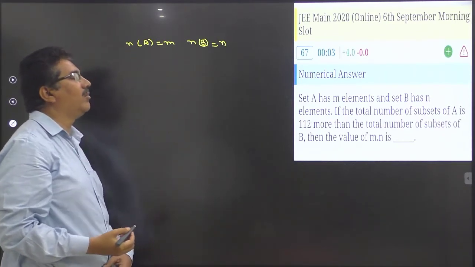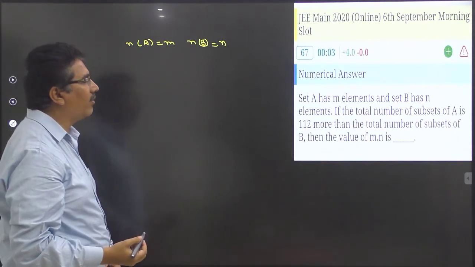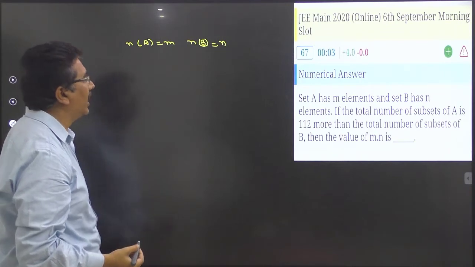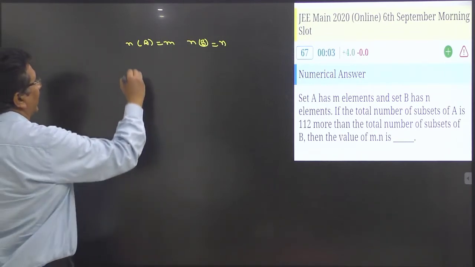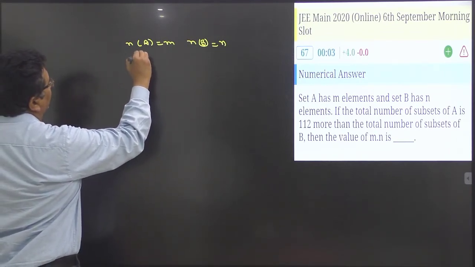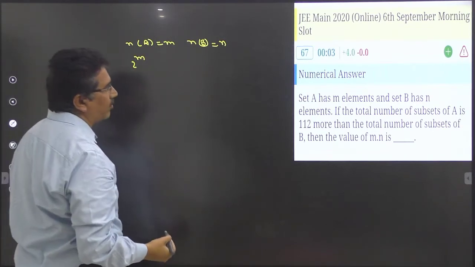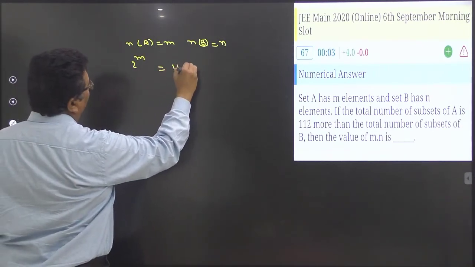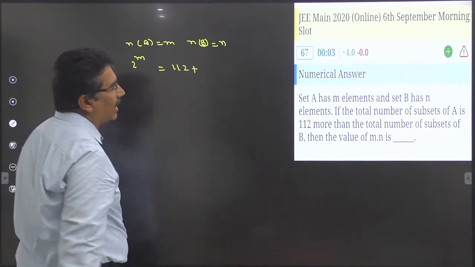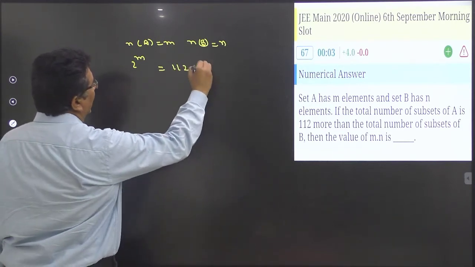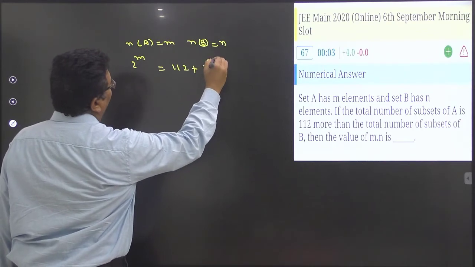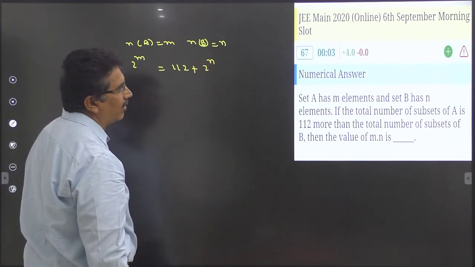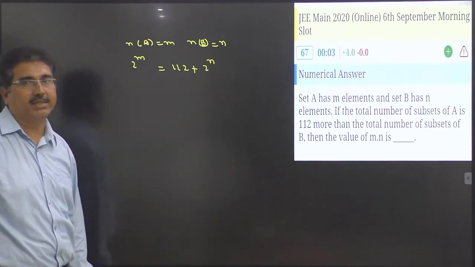If the number of subsets of A, 2 power m, is equal to 112 more than the total number of subsets of B, that is 2 power n, then the value of m into n is,